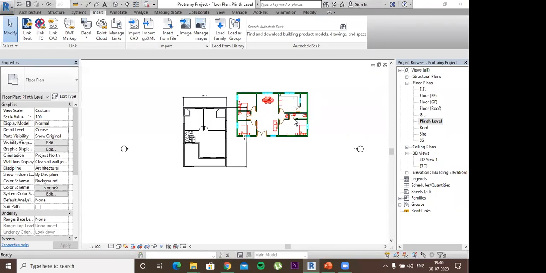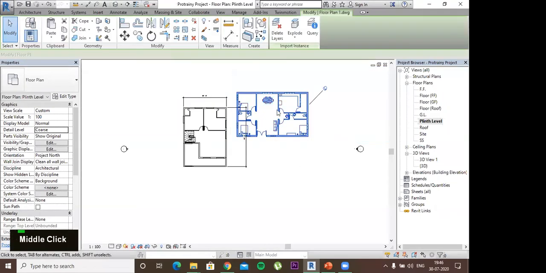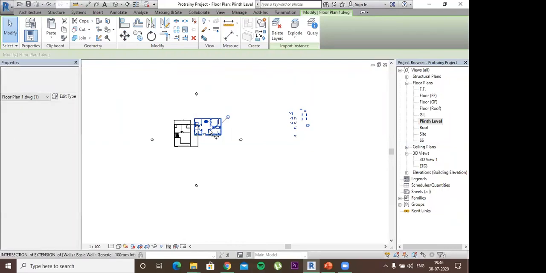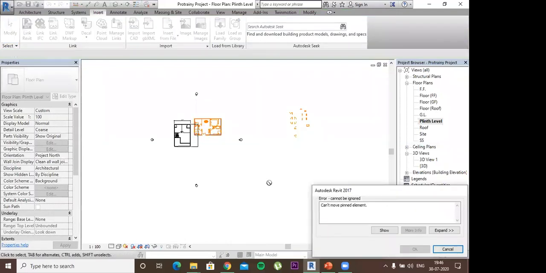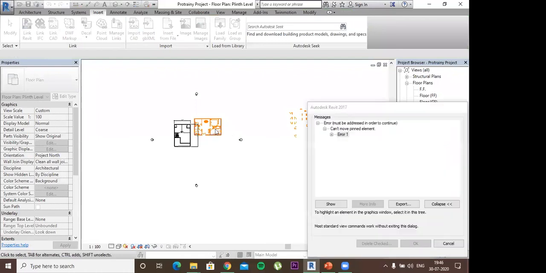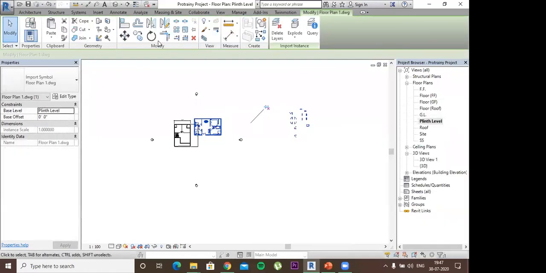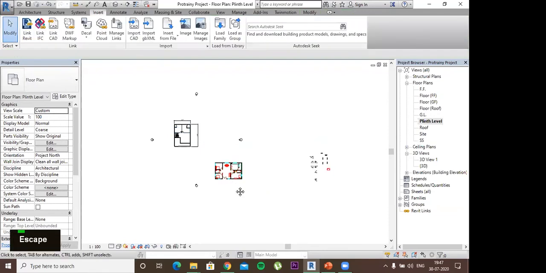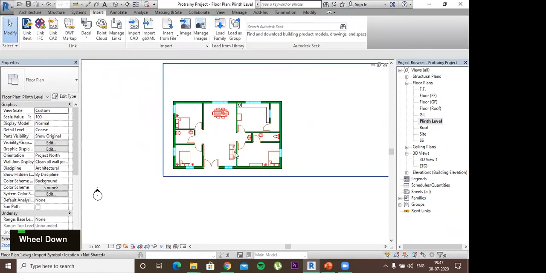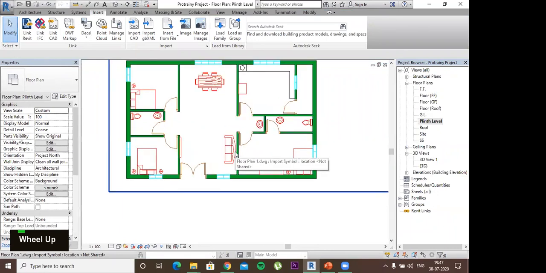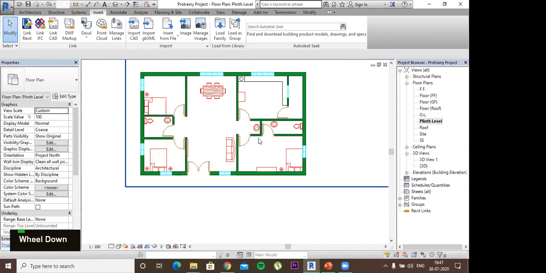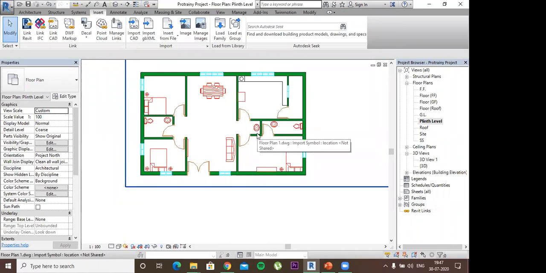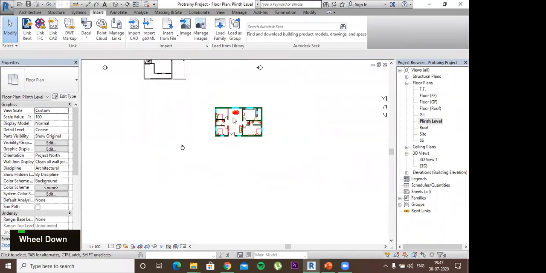This is how I can export an AutoCAD file. Okay, I have exported this file. I can move it. Okay, I have pinned it. First I have to unpin it. Now I can move my file from one place to another. Since this is a 2D file, because in AutoCAD I have created a 2D file, now I just have to create all the 3D elements and then I can make a 3D elevation of the same exact building or plan which I have created in AutoCAD. So this is how you can do it.